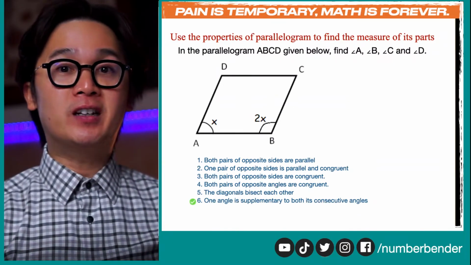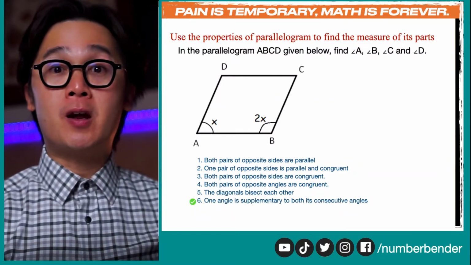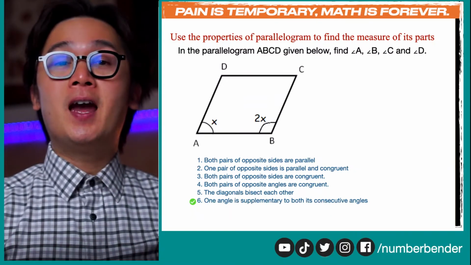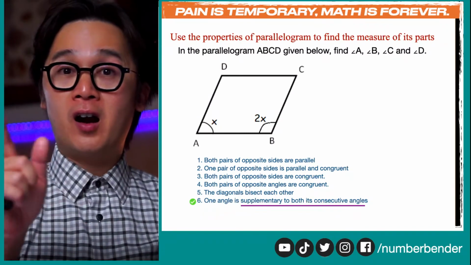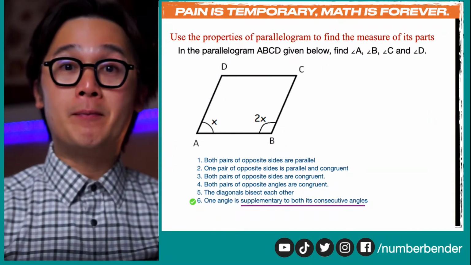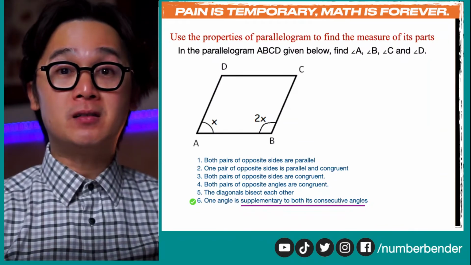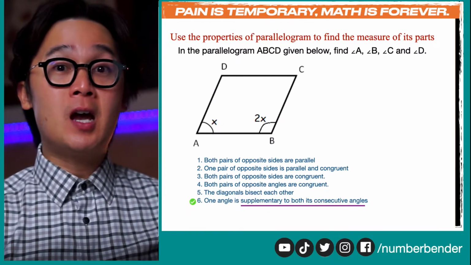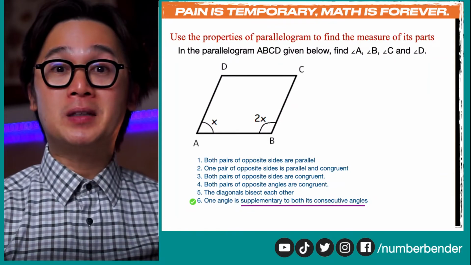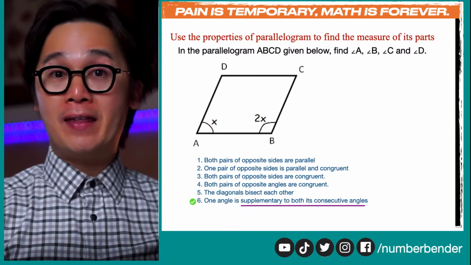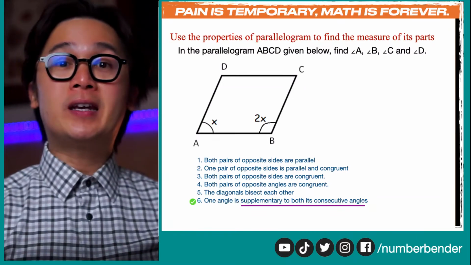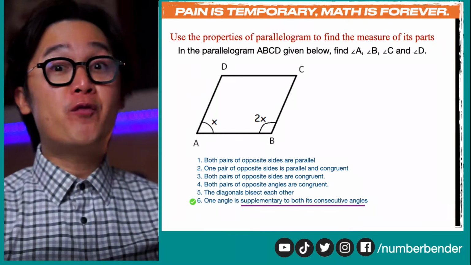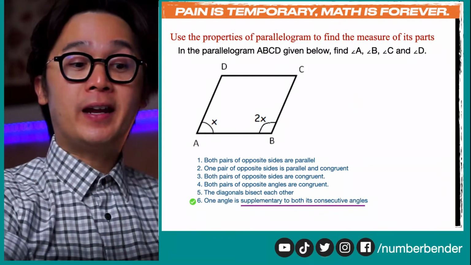And in this particular case, I'm going to use condition number 6, wherein it says the angles that are consecutive in a parallelogram are considered to be supplementary. And the key word here is supplementary, because supplementary means two angles, when you add them up, equal 180 degrees. And in this case, we can make use of that condition for the measurement of angle A and angle